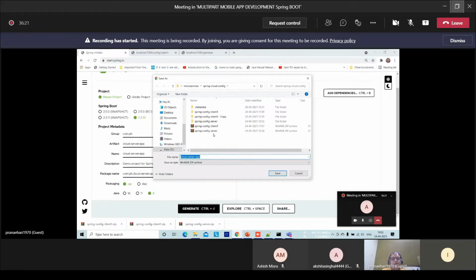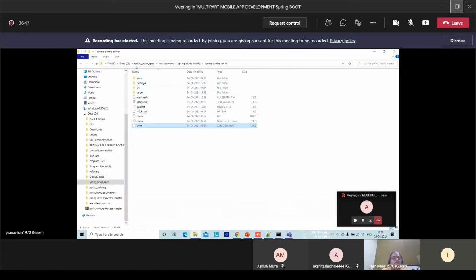The Cloud server app we are going to save in the Java code folder, in our local location. To that I am going to day 21. Let me download cloud server.